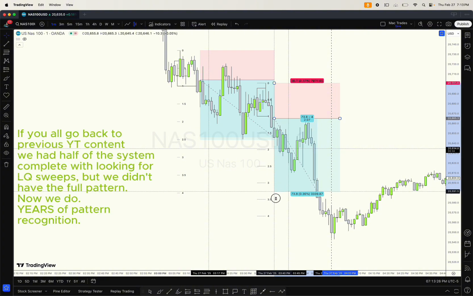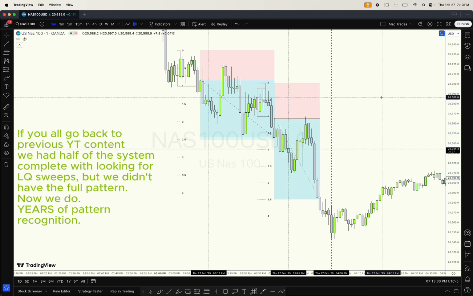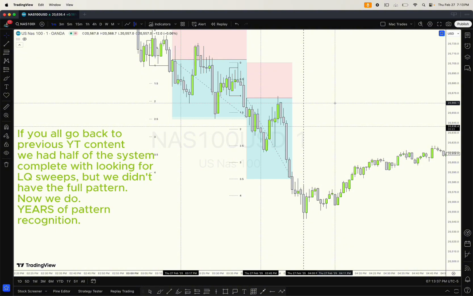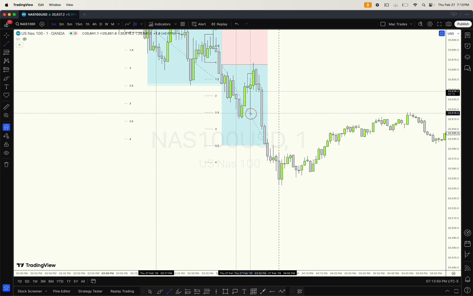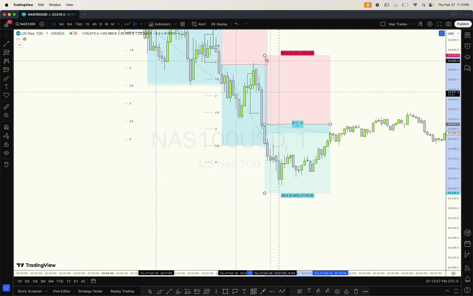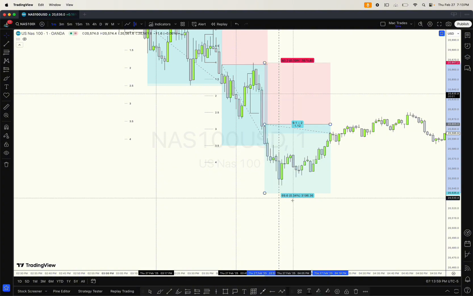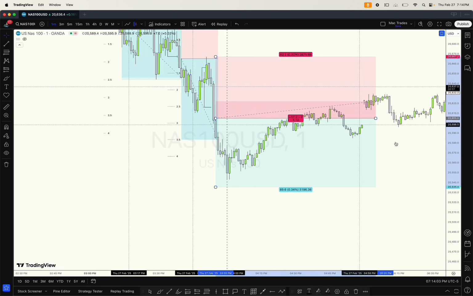Now, it took us years before we actually learned this trading model, right? It took us years. But once you see the pattern, you can't really unsee it. You cannot unsee it. We have the same thing happen here. Last trade of market open before the market actually closed. So you would have closed this position before 4, but let's say you would have held it open. Price is now chilling